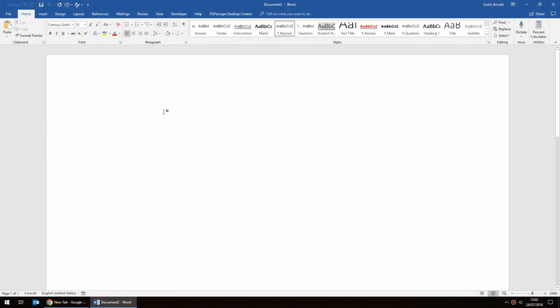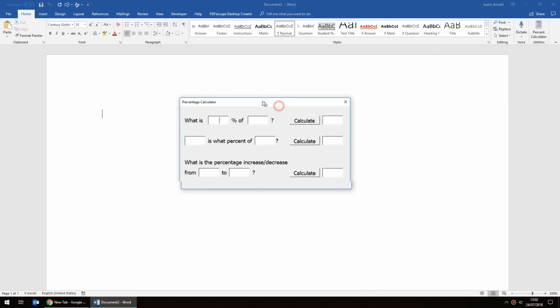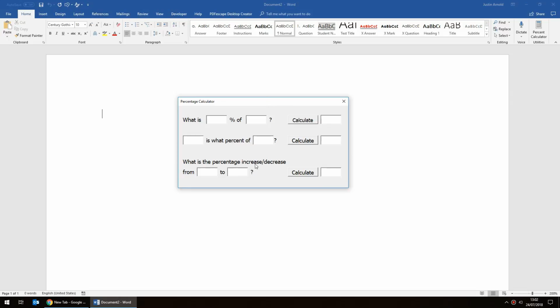If, like me, you've often been writing a document and then found yourself needing to explain how a particular grade has gone up or down, or what such and such is as a percentage of something else, it gets quite frustrating if you don't have a calculator to hand. So I tend to zip off to a website and work it out on there perhaps. But this calculator here at the top right corner, which is always visible on this home tab, is working right within Word, so I can really quickly and easily work out a percentage, copy and paste it directly